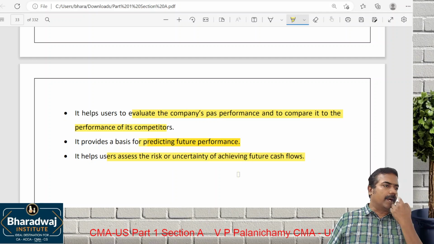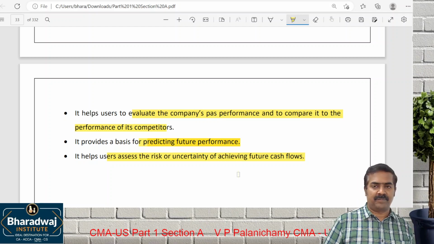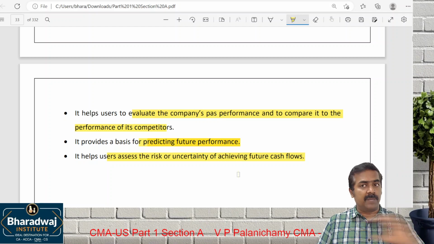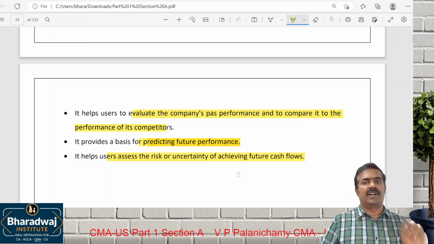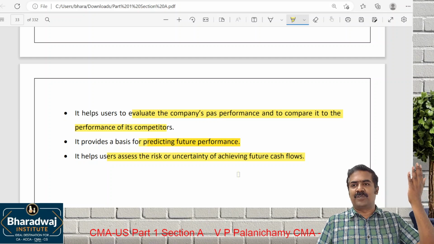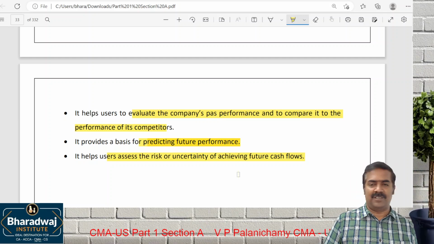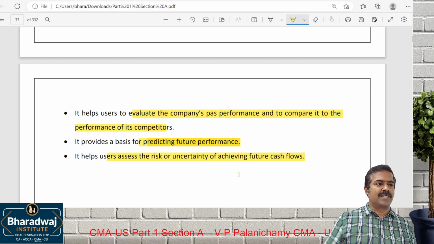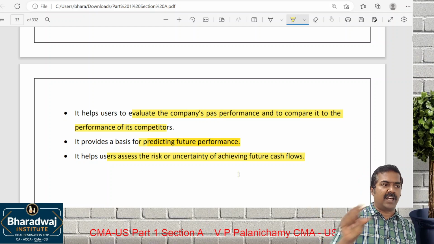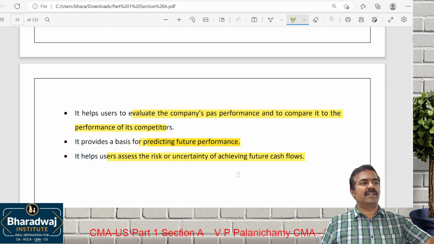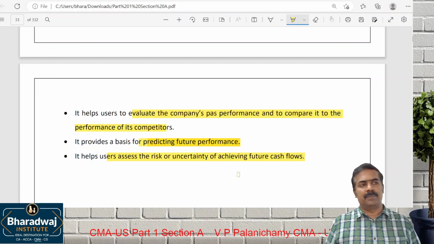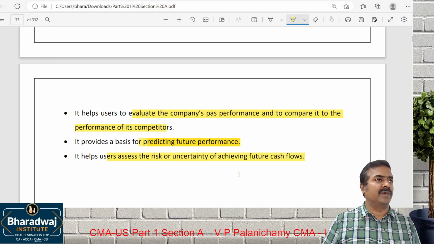For example, a company's profit is stable for the past 5 years. What will happen in the sixth year? Either the same thing will continue, or you will improve in the future, or you will decline in the future. Very difficult to predict. Some companies, you find profits are gradually increasing. You can expect next year growth also will be there. Some companies, profits are fluctuating. Then it will be risky to invest in a company like that.